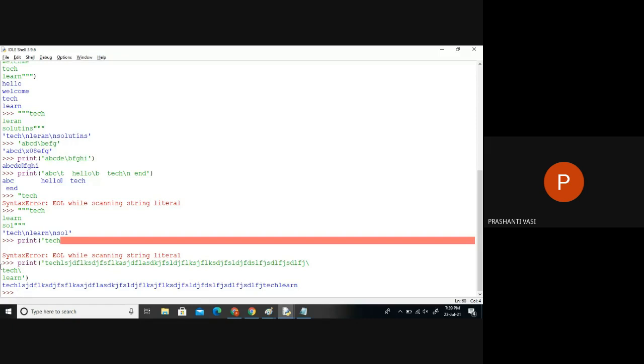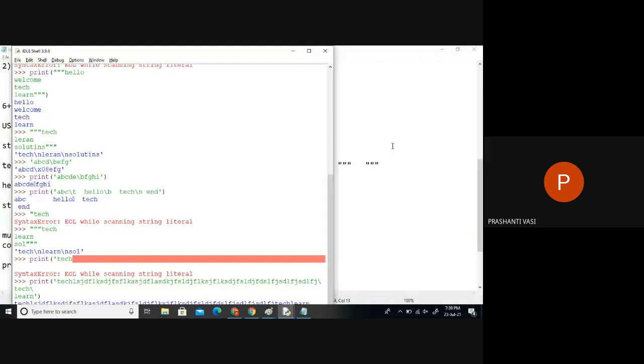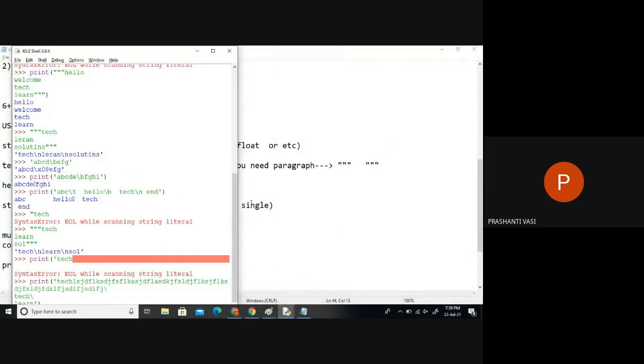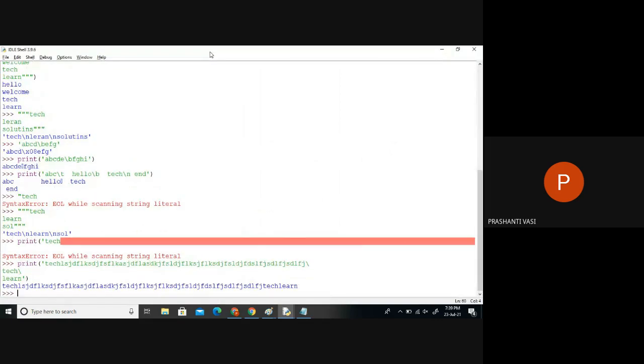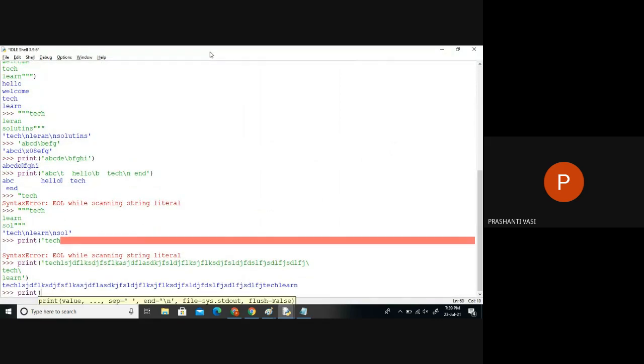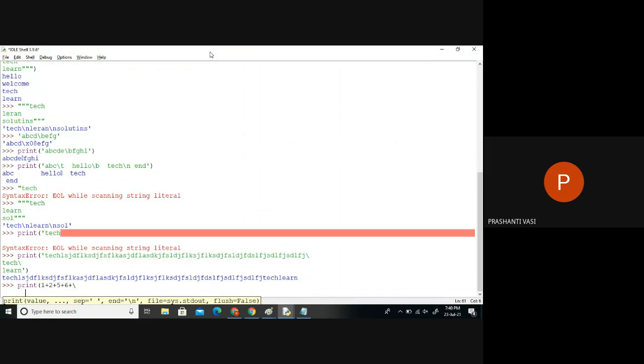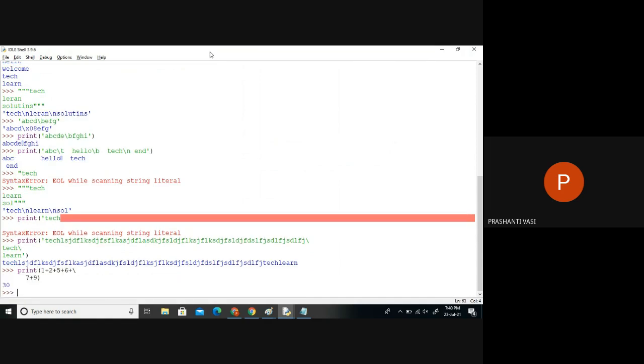If the file is very small, we don't have more space to type everything in one line. So I want to move to the next line. For that reason, we use the continuation operator. Just like if I'm writing something like 1 plus 2 plus, and I'm continuously typing a lot of numbers and there's no more space to type the remaining numbers, what I can use now is slash, go down and write the remaining part of the calculation. Otherwise, what happens? If I'm typing 2 plus 3 and 4 and I press enter,